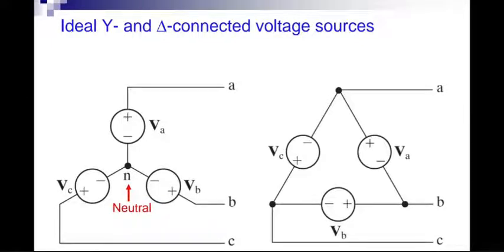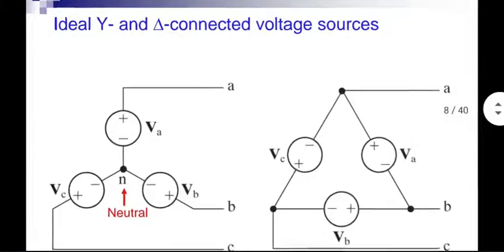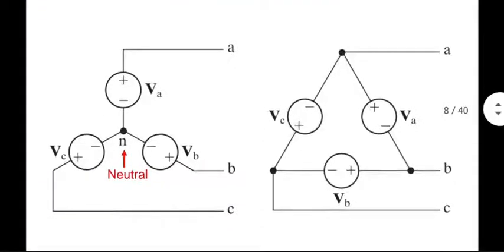Look at the polarities very carefully. In star configuration, all the negative sides are bundled together. In the delta side, the negative of one becomes the positive of the other. One extra advantage of three-phase systems is that, suppose, look at the left side of the diagram. Suppose VB generator goes out completely. It is broken. Something happened, accident or something. You can still get voltage between A and C. 2 lines will still be operating.